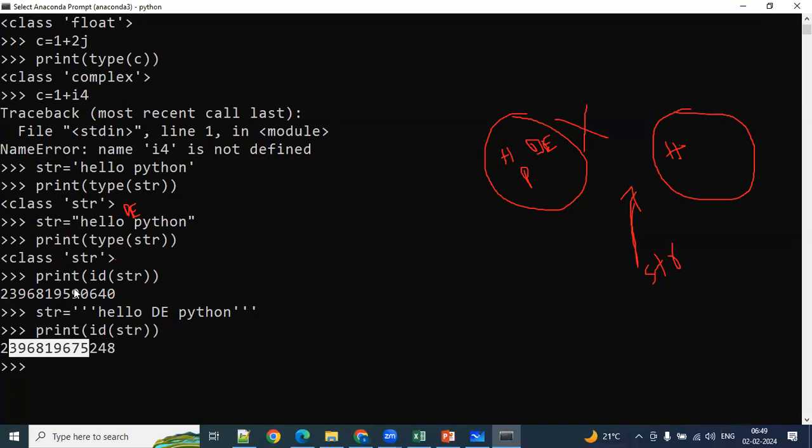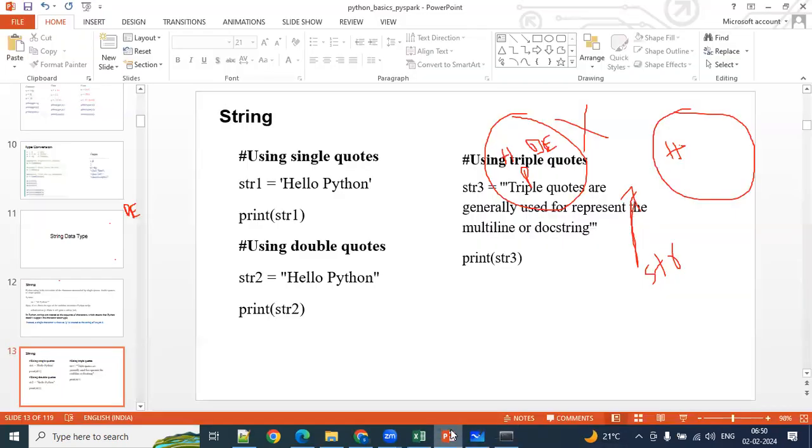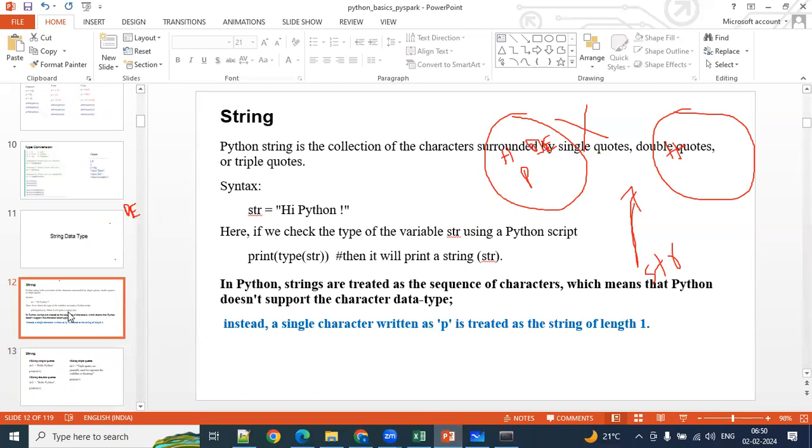It will not override the existing object. This is the conclusion point here. So that is the representation of string, guys.